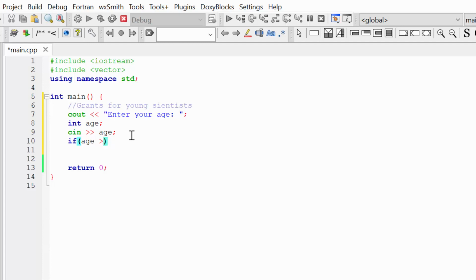So if the age of my user is bigger than or equal to 18, and the second condition will be the age of my user is less than or equal to 33. In this case, I'm going to write to my user, you can apply for grant, and line.